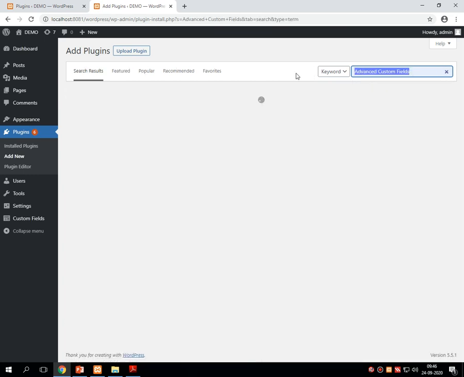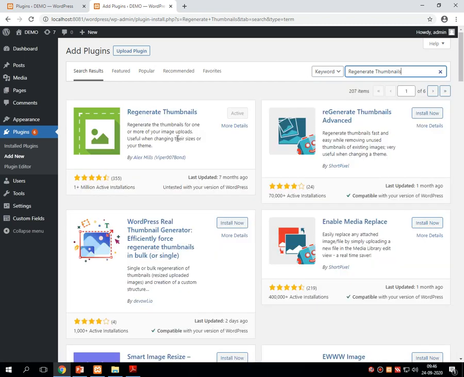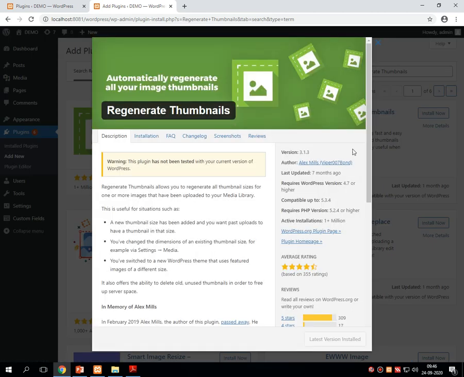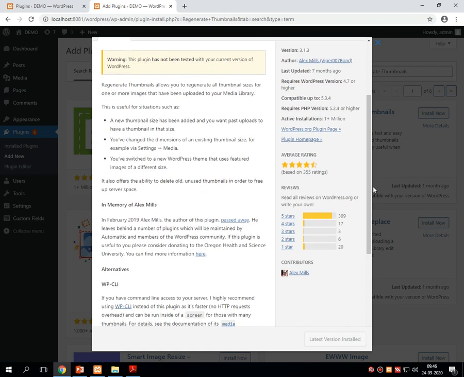Sorry, not Advanced Custom Fields, Regenerate Thumbnails. I am clicking on this option called details, which gives the theory of the entire thing.